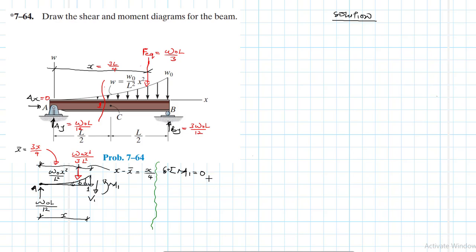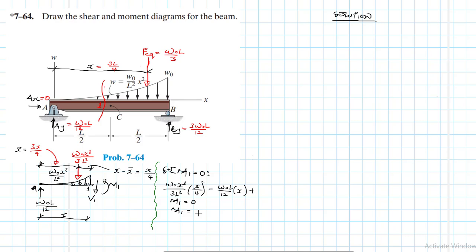Alright, what do we have? We have the loading, which is w naught x cubed divided by 3L squared, times x over 4. Okay, and then we have minus w naught L divided by 4 times x, and then plus M1 equal to 0. Therefore, our M1 is just going to be equal to